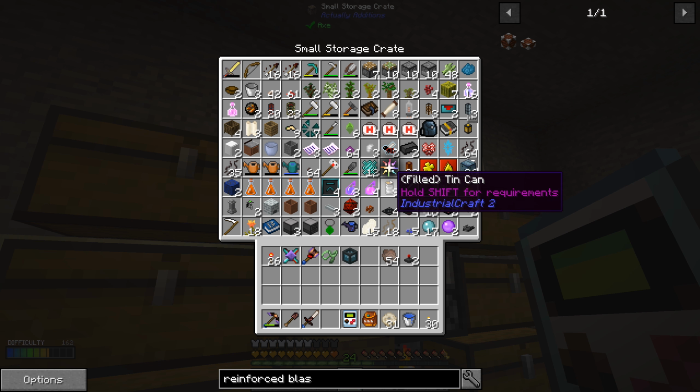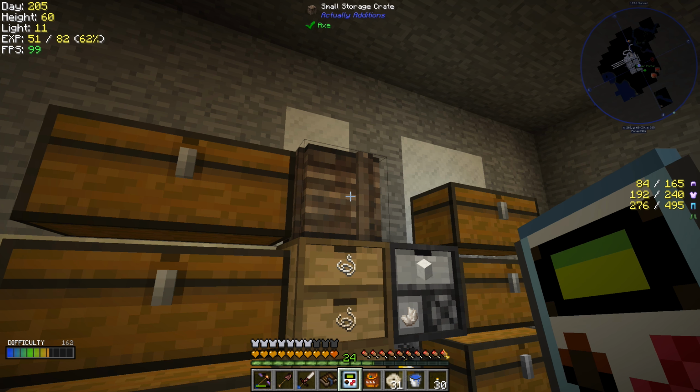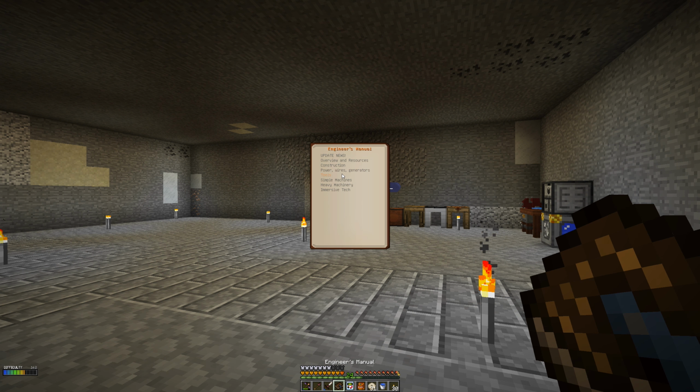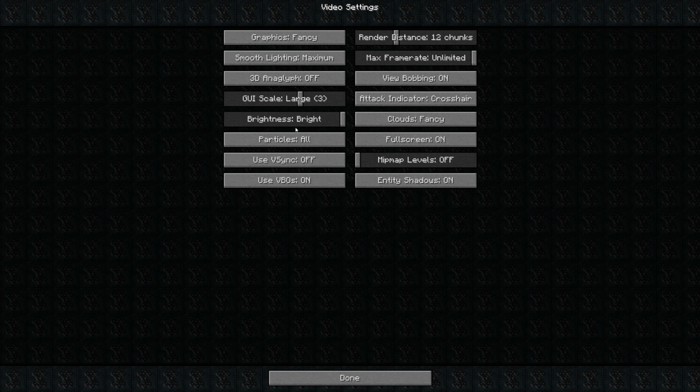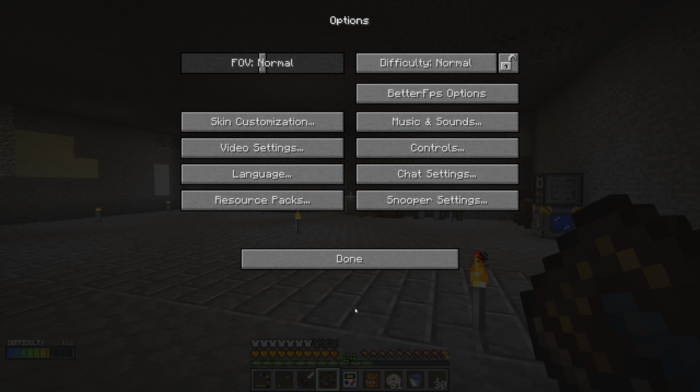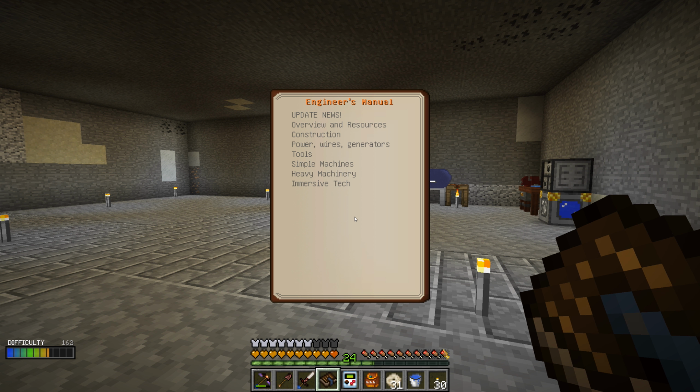Where is our book here? Engineer's Manual. Let's take a look at this. Oh boy. I think I saw that it kind of fixes itself if I change the scale and then go back in there. At least it seemed to the last time. Yeah, there we go. Okay, so for whatever reason, I have to change my interface level, and then it goes back to being readable. Okay, so heavy machines, we want to get ourselves